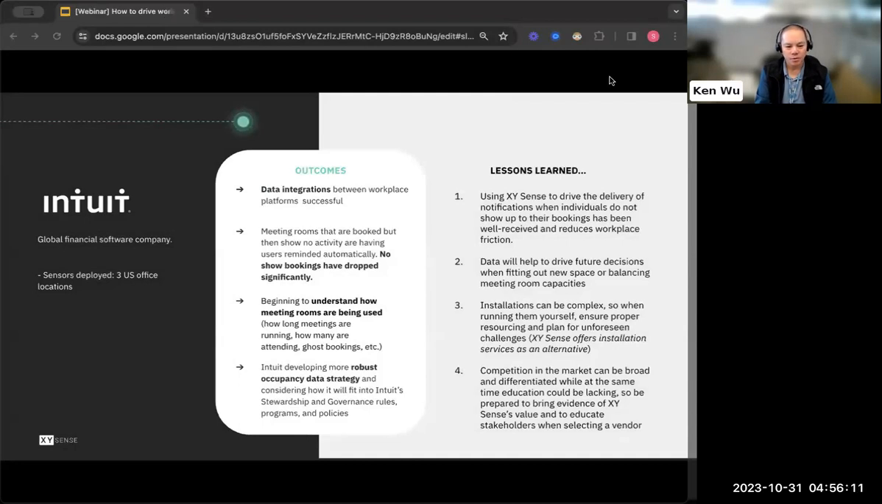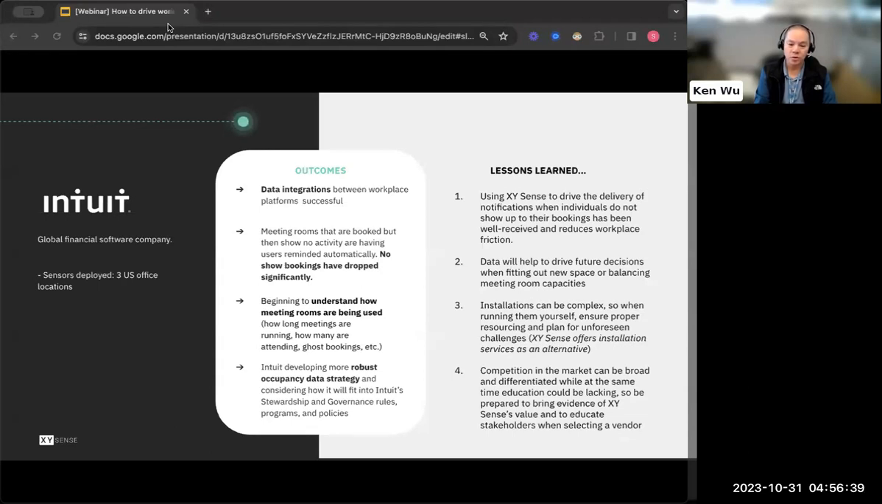Some of the outcomes that we have had are, we've tied our sensors to reporting platforms so that we can have consolidated reporting. We're starting to understand how the meeting rooms are being used, how long the meetings are, the number of people in the room versus the room size. And we are also trying to figure out how to